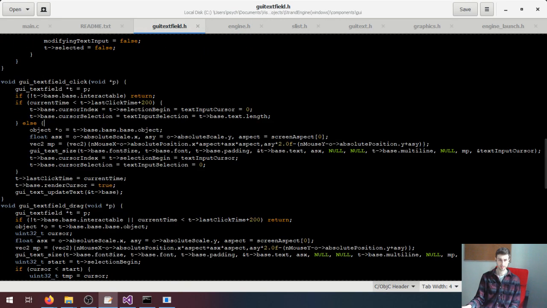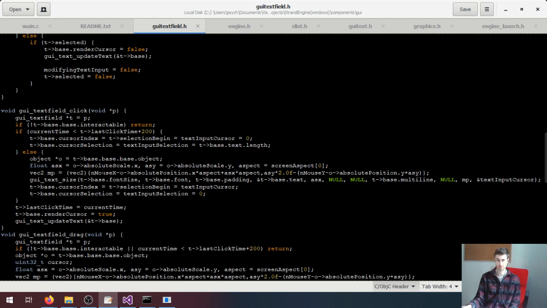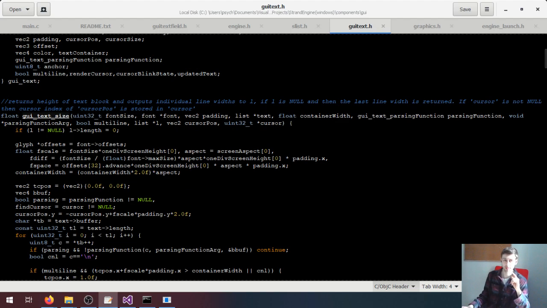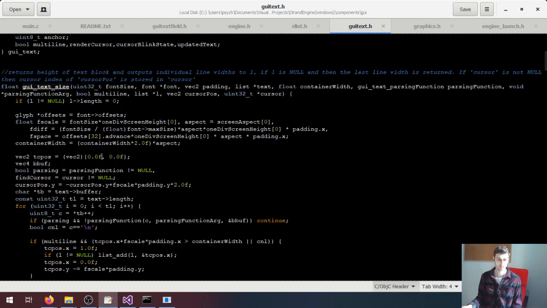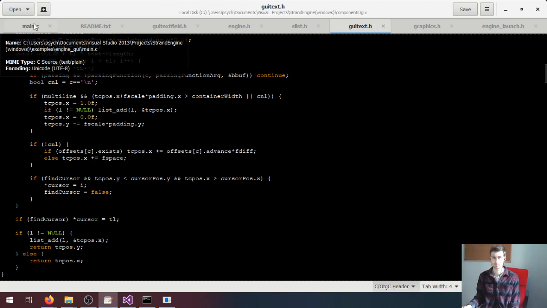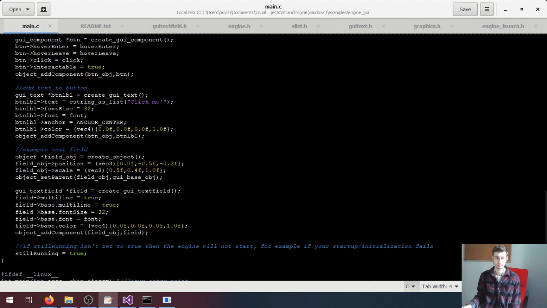So then right here, what I'm trying to do is convert the mouse position to a range where it's 0 to 1, basically convert to the text field space, but also have it go 0 to 1 instead of -1 to 1, because a lot of the stuff in this engine I have go from -1 to 1. Also, to make this easier, I'm going to set the text